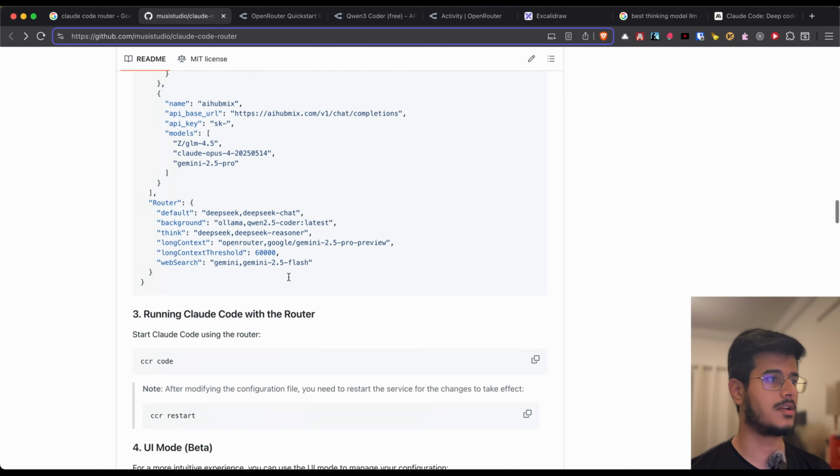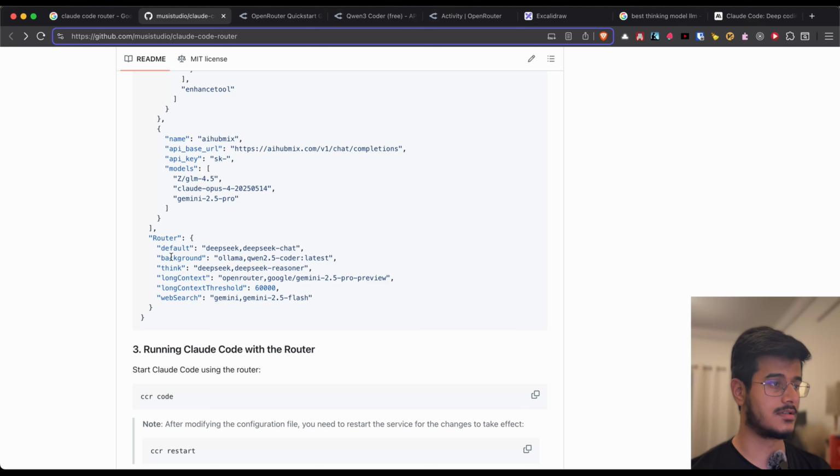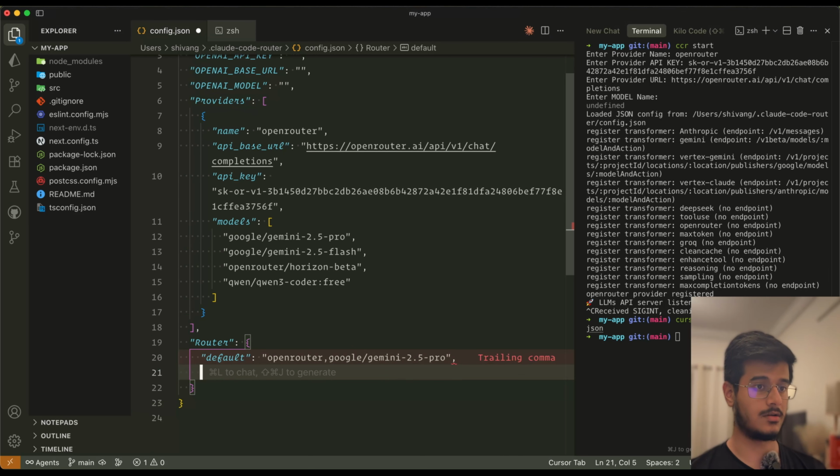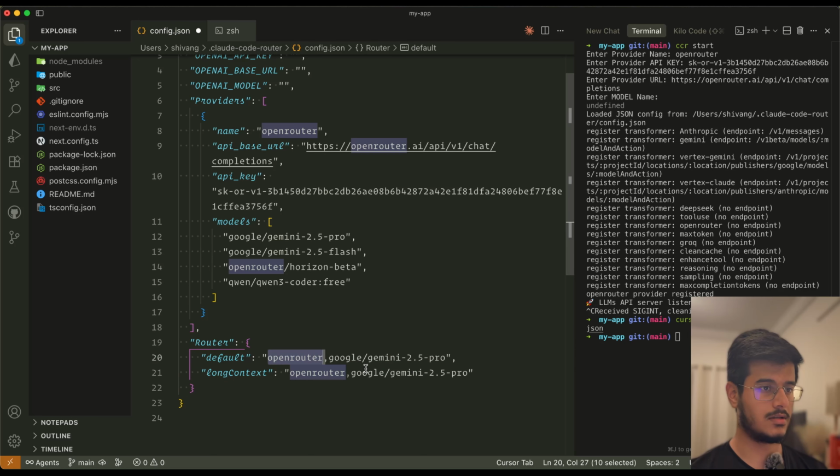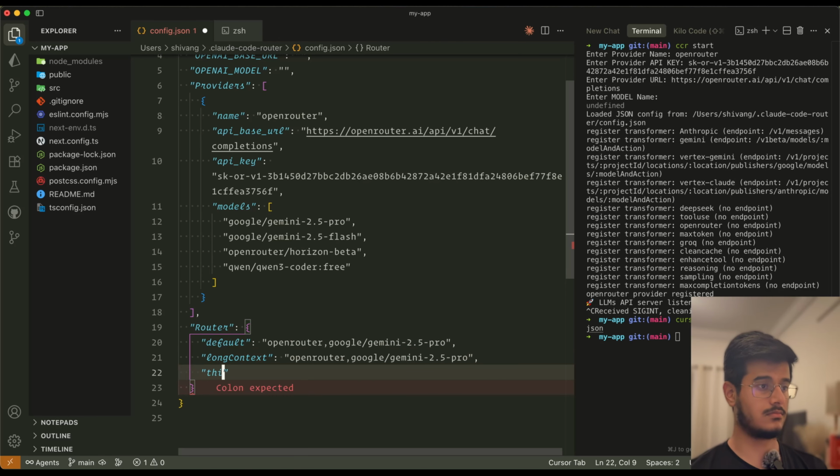So if you go to the documentation, you can see here, there are so many options. You can specify a different model for background, for thinking mode, for the long context. So we know that for long context, Gemini gives us the 1 million token window. So let's do that. I'm gonna use that. This is gonna be OpenRouter, and then the Google Gemini 2.5 Pro. I'm gonna use that. And then for thinking,